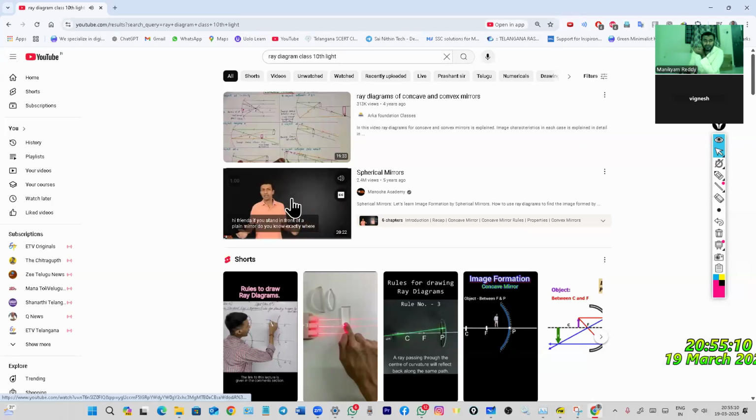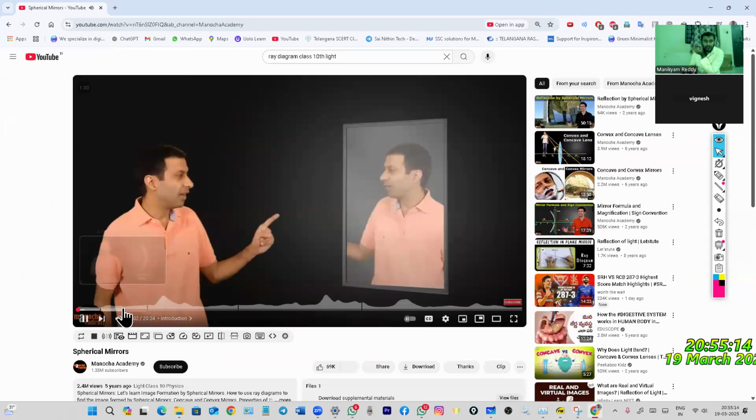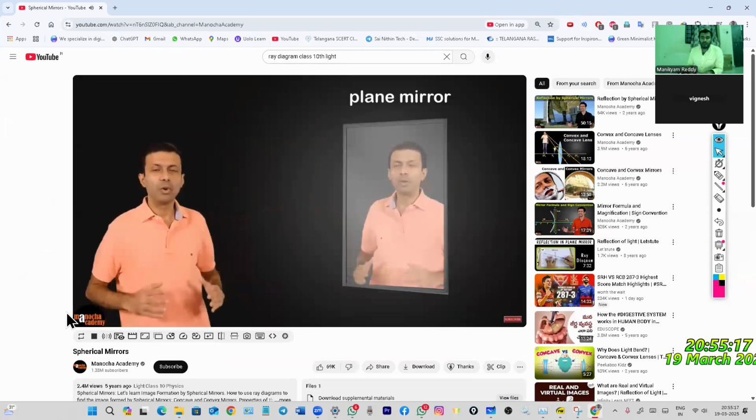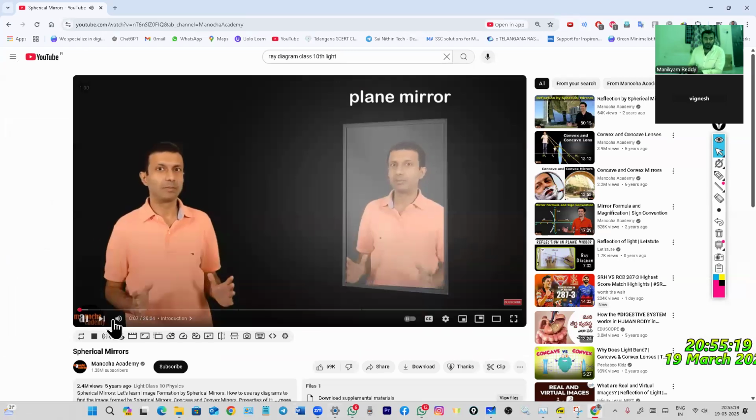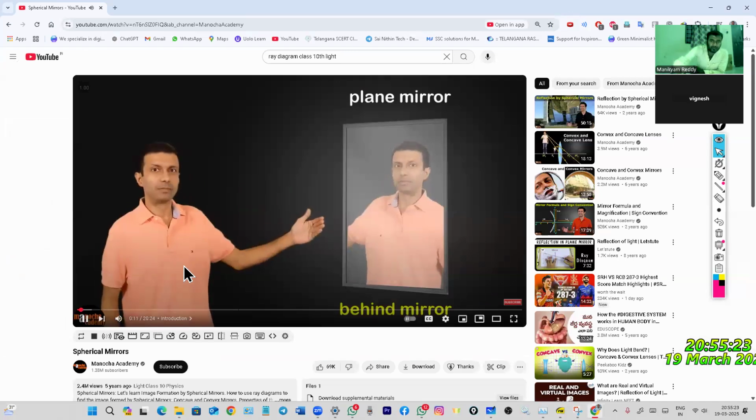Hi friends, if you stand in front of a plane mirror, do you know exactly where your image will be found? That's right. It will be behind the mirror. The distance between the image and